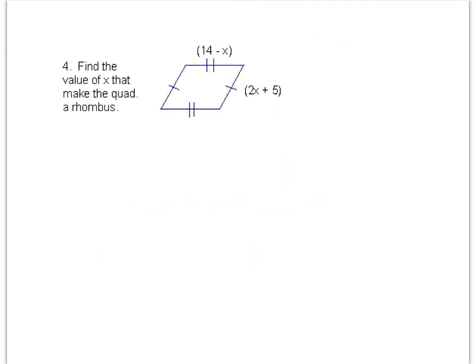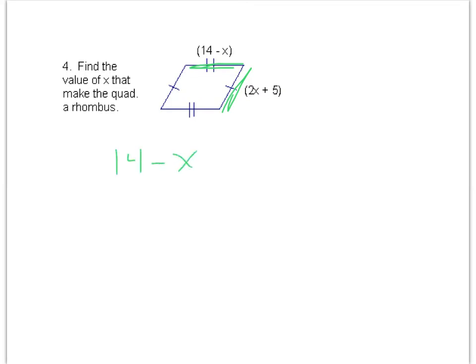All right, let's do some problems here. Find the value of x that makes the quadrilateral a rhombus. Well, we know now that this is marked as a parallelogram. It's a parallelogram because opposite sides are congruent. But now to make it a rhombus, we now know that this side right here is going to be also congruent to this side right here because all the sides of a rhombus are congruent, which means now 14